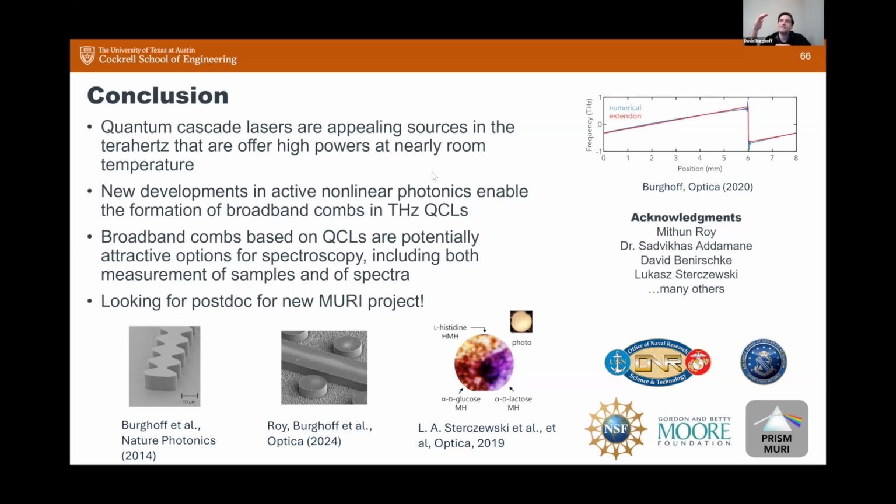If it's lower than the photon energy, then you're going to be having trouble maintaining inversion. So in gallium arsenide, that energy is about 36 meV, but in III-nitrides, it's about 90 meV. So for a long time, people have wanted to make QCLs out of gallium nitride and AlGaN. It's just they've never really worked, even at 4 Kelvin, and a lot of that just has to do